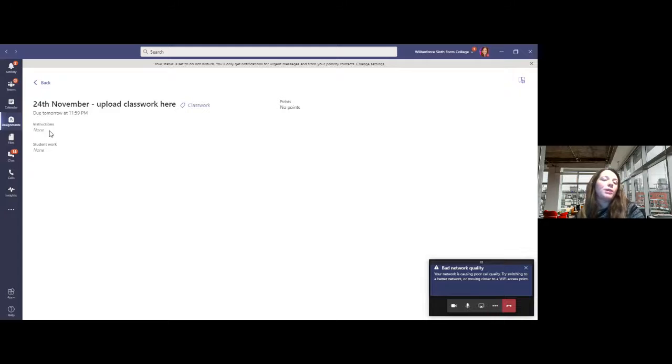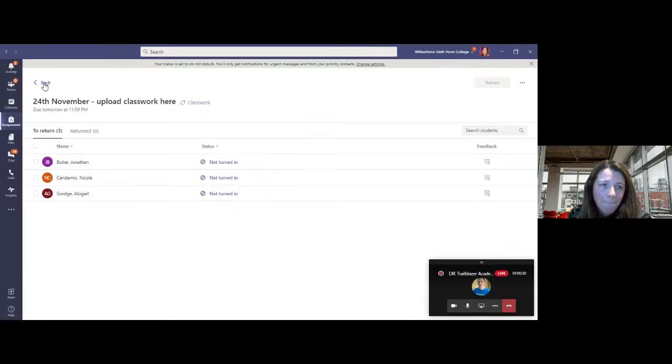So because I didn't put any instructions in this one, you can see that's where they'd get their instructions. They see the little tag as well, so they might know that that's Lois's work or Lynn's work. They see the date, and the only things that we don't see on this version of the student view is that down here is where they upload the work, and up here I think is where they can see the status of their work. And there's the immersive reader option there, so they can use the immersive reader functions to perhaps read aloud. Okay, so there's the student view.